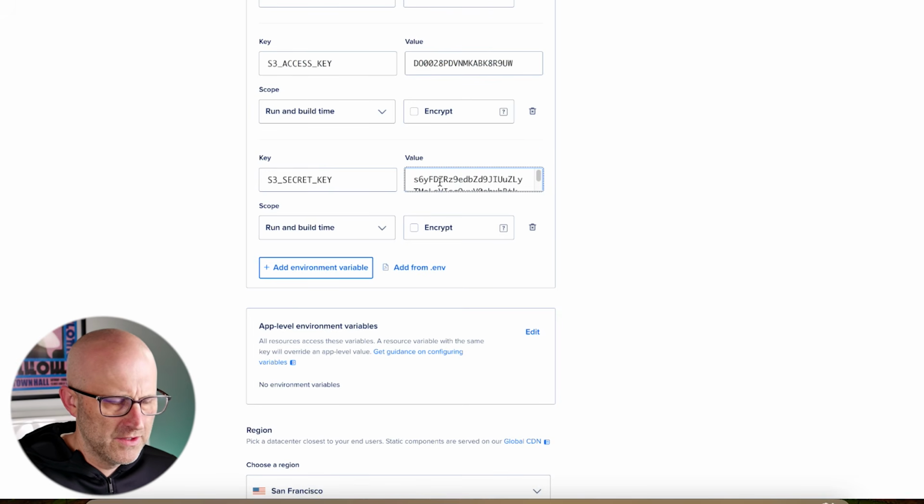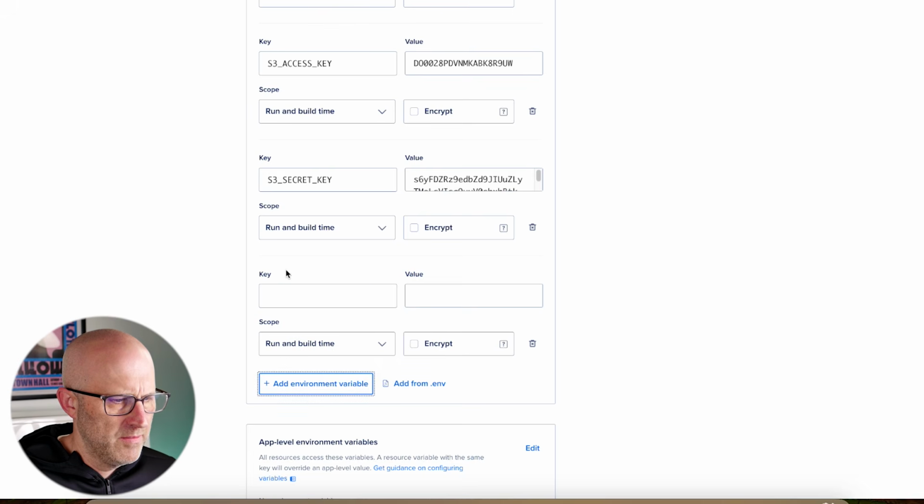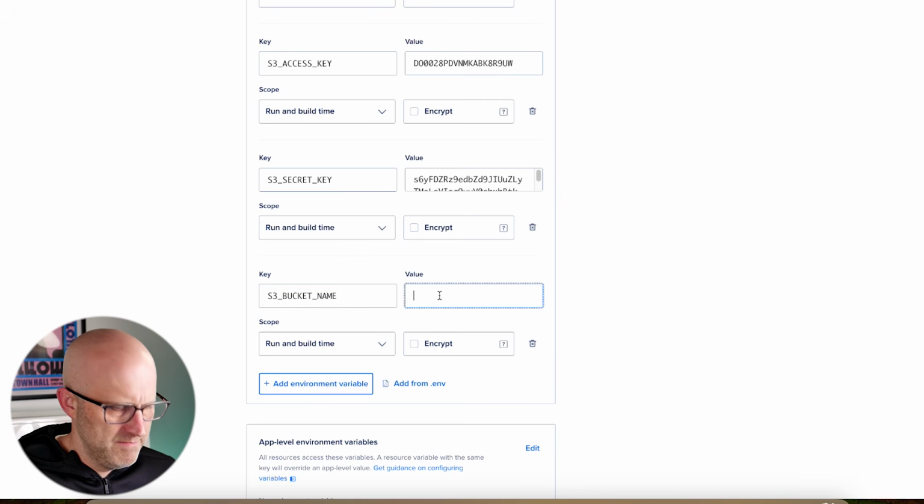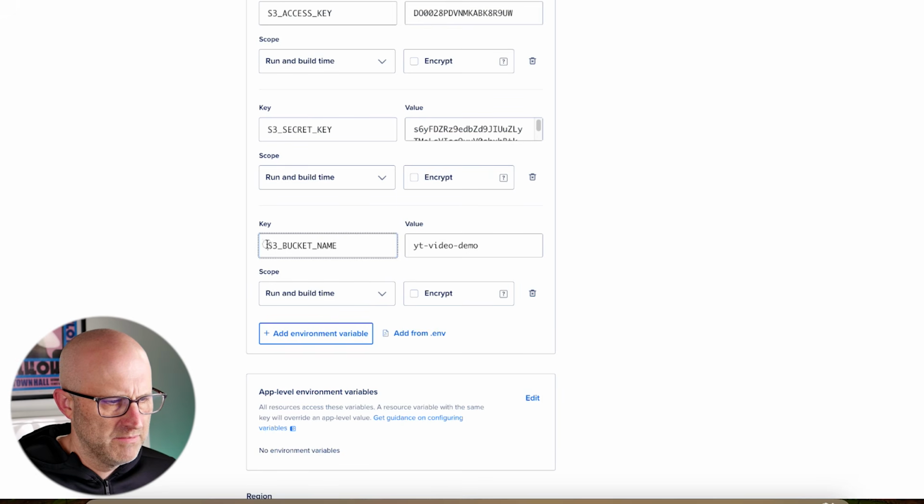Again, I might just double check that there's no spaces before or after any of these values. Then we're going to add another variable. This is going to ask for the S3 bucket name. In this case, it is YouTube video demo. We'll drop that in right here. Again, no spaces before or after. We'll go ahead and add one more